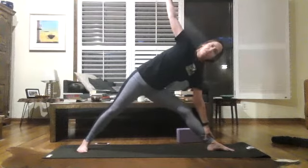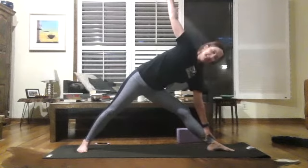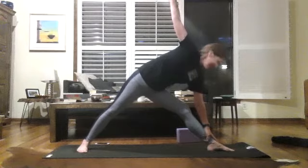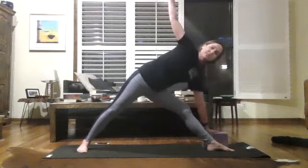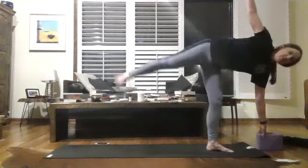In triangle, keep those knees slightly bent. Never want to lock anything in yoga. It helps with circulation and energy flow to keep the joints soft. One more breath here in triangle. So you're welcome to stay here in triangle or bend that knee, push up on the back foot, and come